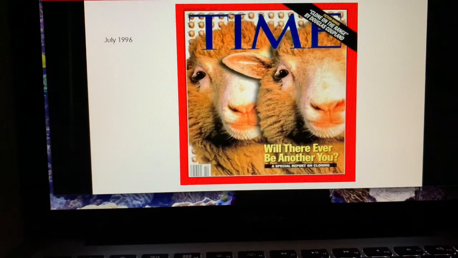Now, again, we are not currently cloning humans for a variety of reasons. Now, my senior year of high school in '97, the world found out that they had cloned the first mammal. Now, this was really big news because humans are mammals. And they had been for a while cloning other types of organisms like salamanders and more simple organisms. This was the first time scientists had successfully cloned a mammal, and this was big news.